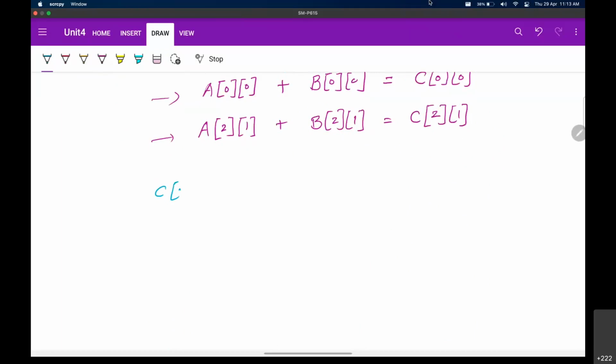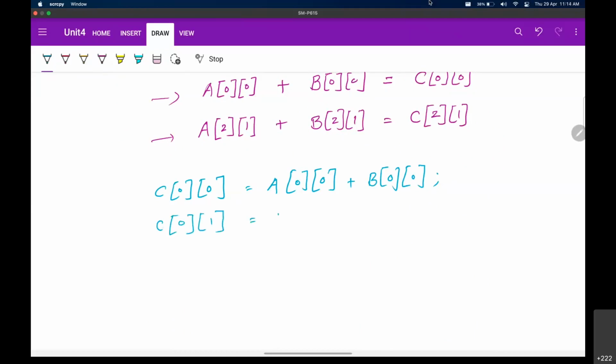C of 0 0 equals to A of 0 0 plus B of 0 0. That's how you can calculate your first element. Then you go for C of 0 1 equals to A of 0 1 plus B of 0 1, and so on.